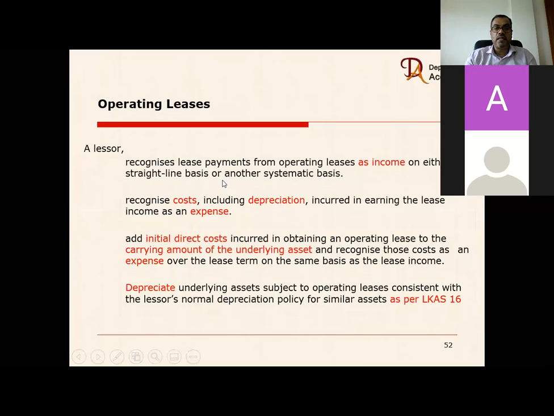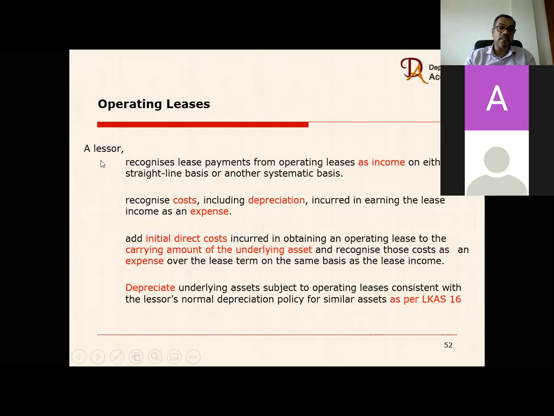So in this case, lessor, if it is an operating lease, the asset is with you, then you maintain your assets held in lease and you have to depreciate them, and other costs, all those things should be recognized as expenses. And initial direct costs incurred in obtaining operating lease are added to the carrying amount of